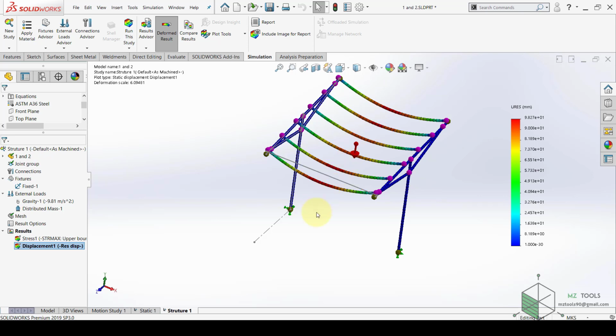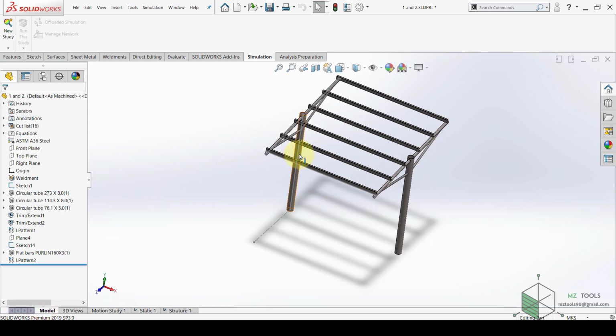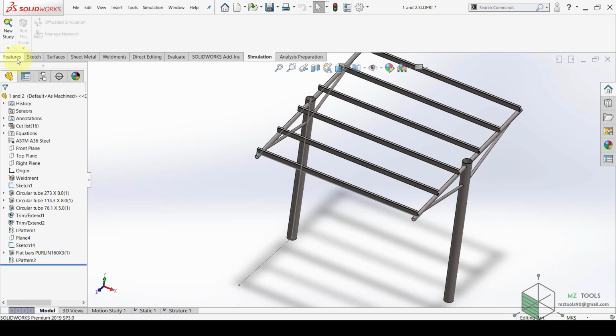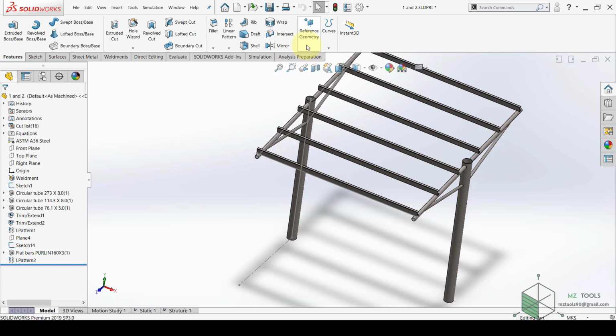To solve this problem, we have many solutions. But always we should go with the easiest one. You should keep in mind the price and the fabrication. So let's go back to the model, and here, go to Features, Reference Geometry, Plane,